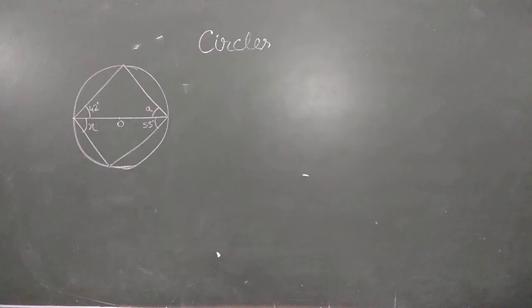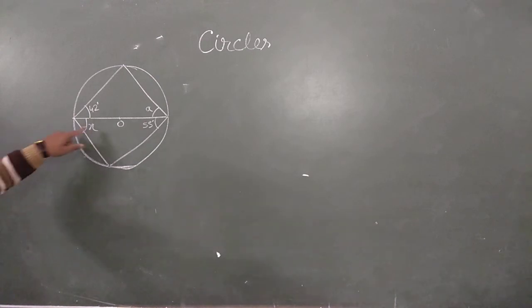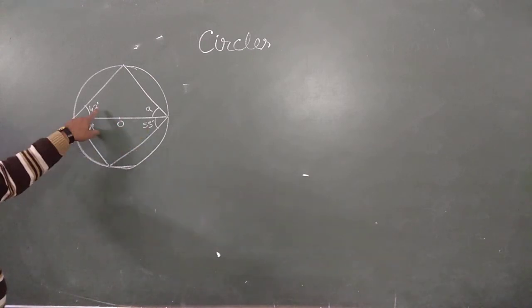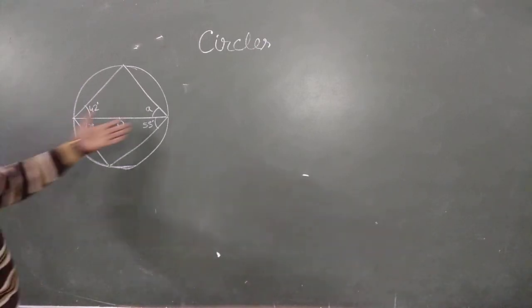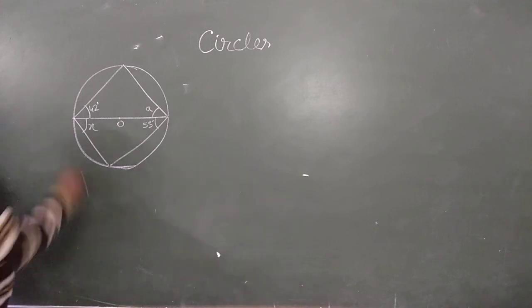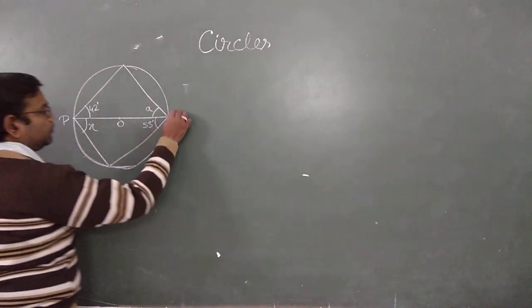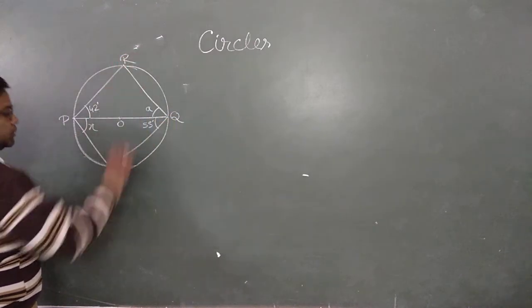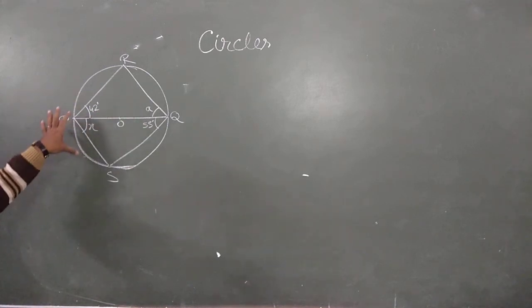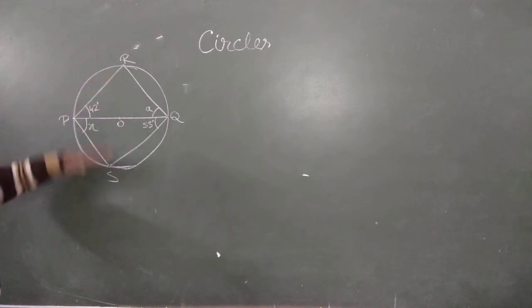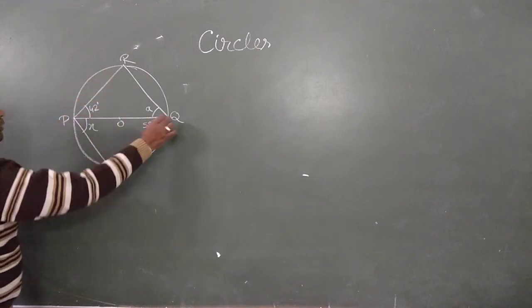As you are observing on the left hand side of the screen, there is a figure. In this figure we have some values: angle x, angle 55, angle 42, angle a. The question says find the size of each lettered angle. So first give the names. It's already given, so you give P, Q, and this one is R, this one is S. Now we have to find the lettered angles. So we divide this into two different figures, or we divide into semicircle.